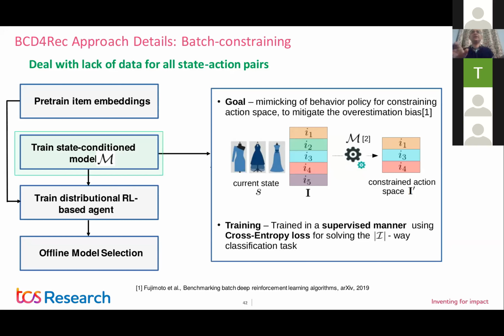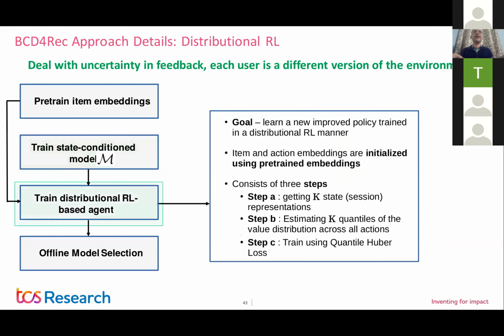So I know I'm being vague here. There is something called batch constraining that we relied on. And then for dealing with the uncertainty in feedback, which is a result of each user being a different version of the environment, we dealt with that by posing the RL problem in a distributional framework, wherein we